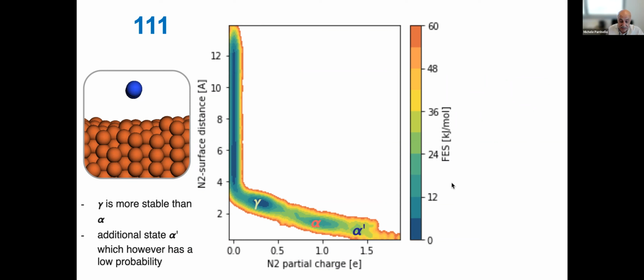now we have all this data, the simulation, we have seen one such simulation, and we want to have the free energy. We use here as collective variable the N2 partial charges, which I think is a very nice thing to do. And if you look at the free energy surface, this is the distance from the surface. So this state here, where Z can go forth and back a lot,